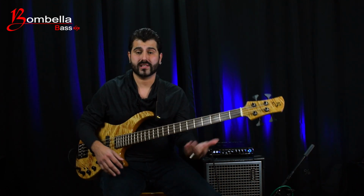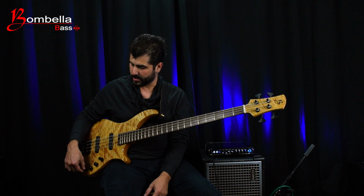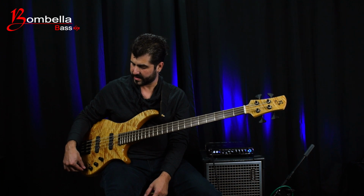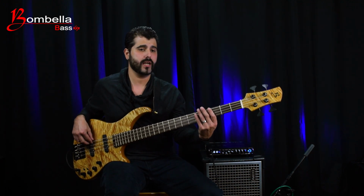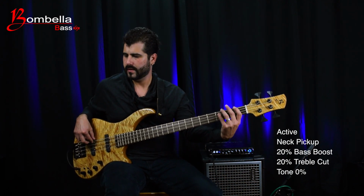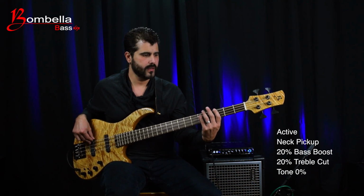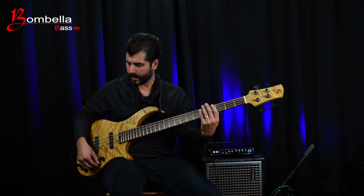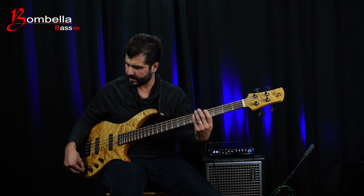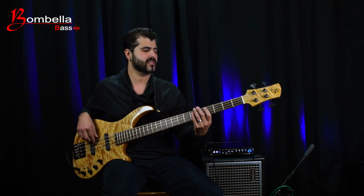So if you guys are playing a reggae song, you can use the neck pickup, roll the tone all the way, boost like 20% of the bass, cut a little bit of the trebles, and you got a really. Now if I'm playing a Latin beat, I will normally probably boost a little bit the bass, cut a little bit the highs, and put the tone the same, probably like a 30%, so you get like